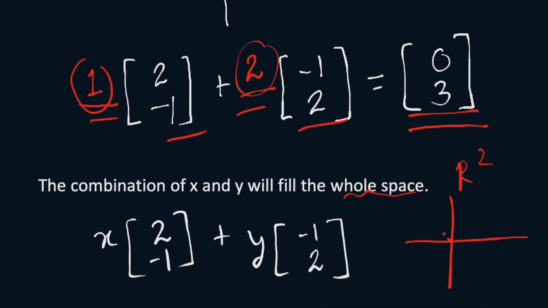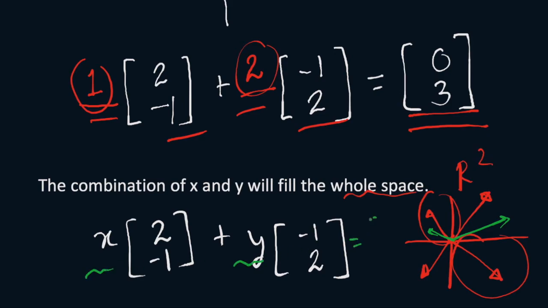Now we add our vector here and the other vector was this one. You can take any combination of this vector and any combination of this vector to get any other vector. This vector you can get using the combination of this and this. You can get any other vector like this. Similarly all other vectors are possible. So you can take any value of x and y, and this will give us a and b. So this was our column picture.